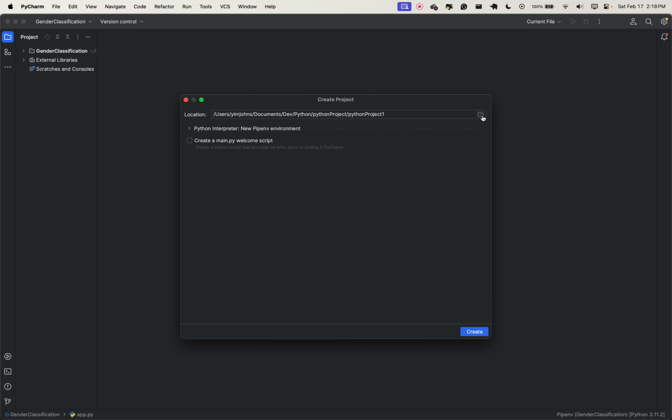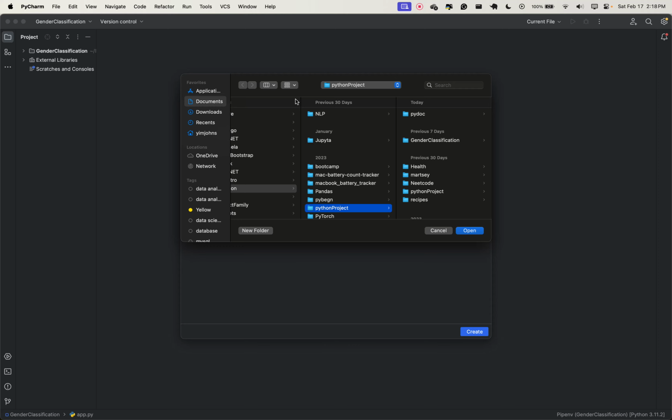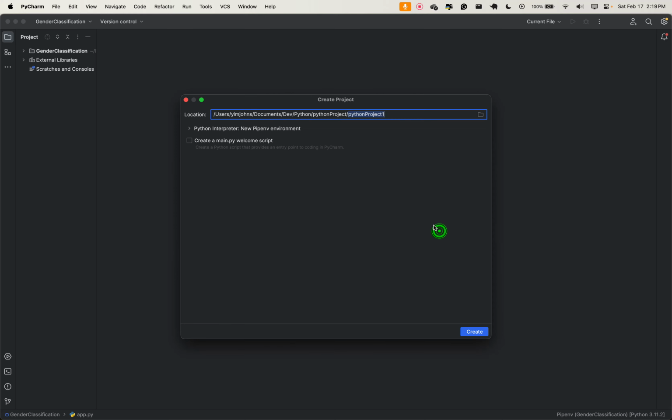Now, if you want to change the location that you see here, you just click on this little button here, this button that looks like a folder. And if you click on that, it shows you all the directories you have on your system and where you want to save it. So if you want to save on your desktop, for instance, just locate where your desktop is. For me, I would like to retain it in this Python project, but I would like to call it another name. And so I'm just going to call this